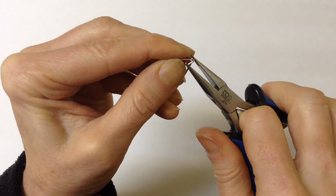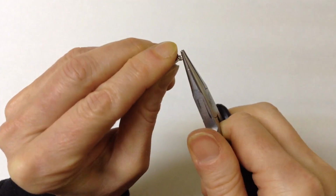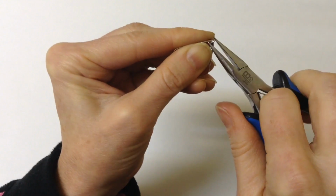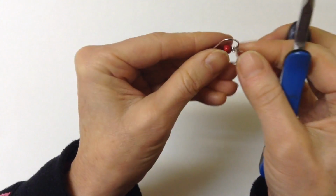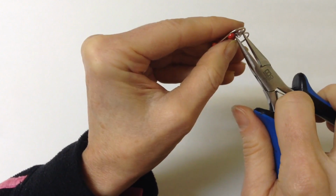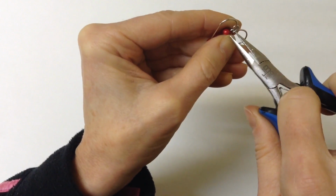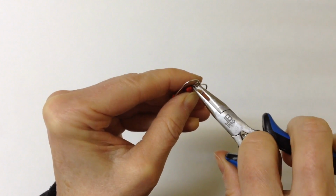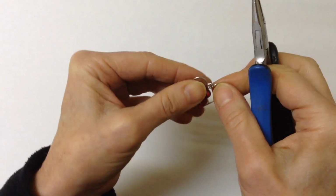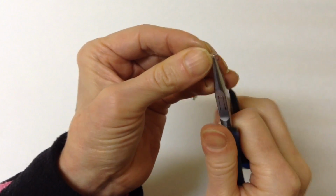So it's a little tricky. If you have to clip it a little more, you can, but you really want it to be sitting right in that little corner there. So we squeeze that in there. And here, you really want to squeeze this too, so the wires get kind of squeezed together, because the idea is that you have enough room at the top to put the hook. So then you'll open up your hook